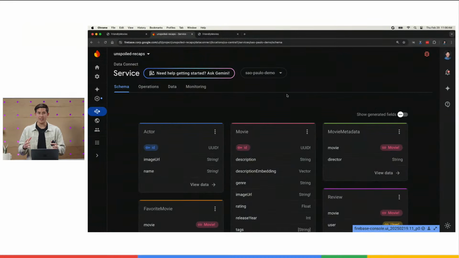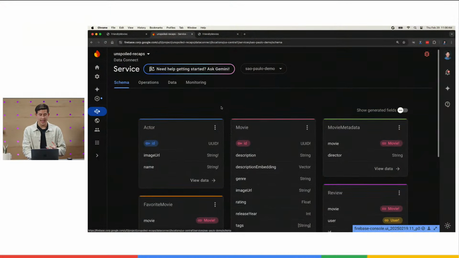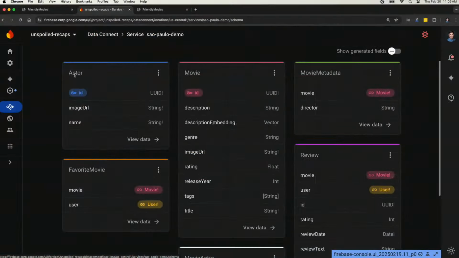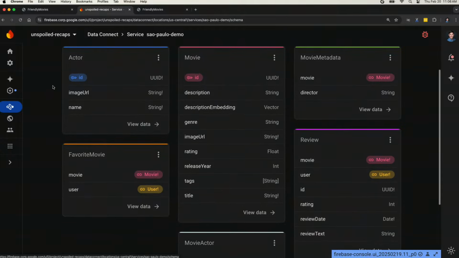see what it does. So we're going to start in the Firebase console. This is our command center, and you'll notice here, this is my Data Connect service. I can ask Gemini to help me understand what it does. And you'll notice that we're looking at the schema, right? The foundation of any application is how is my data structured for my application. And this is a standard, kind of relational database where things are normalized.